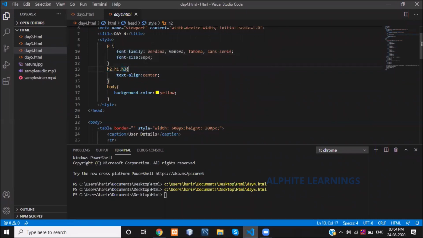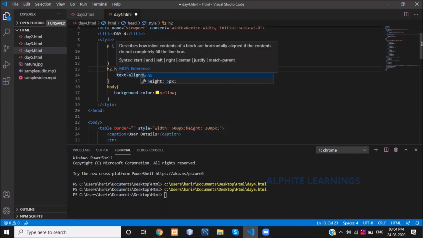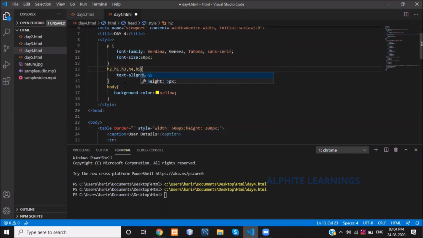We have six different heading tags, from H1 to H6. By giving them comma separated, you can include all the heading tags like this with commas. If you are using all the heading tags from H1 to H6, you can write it like this. This is all about internal CSS.